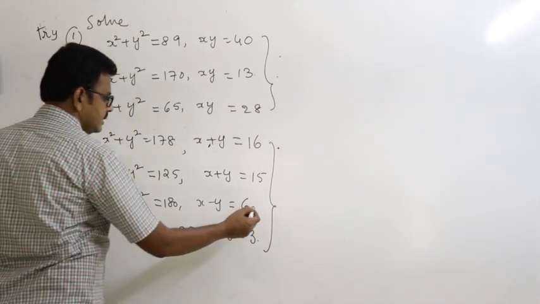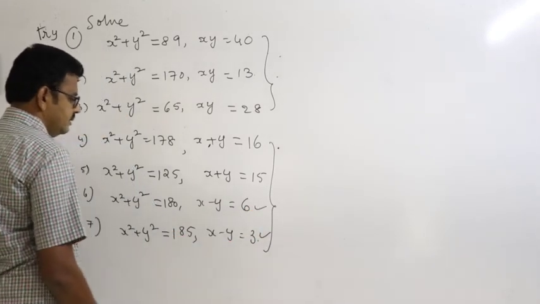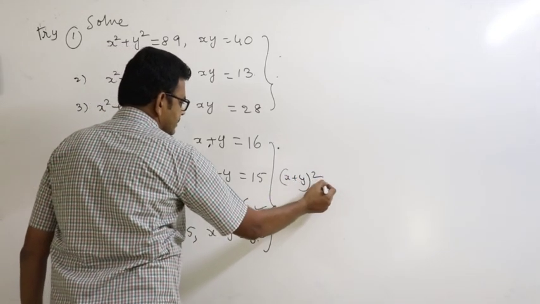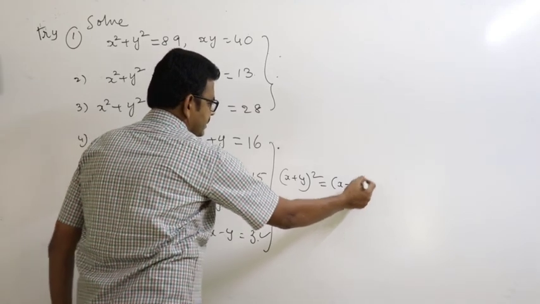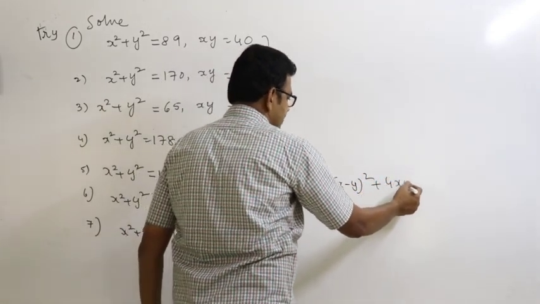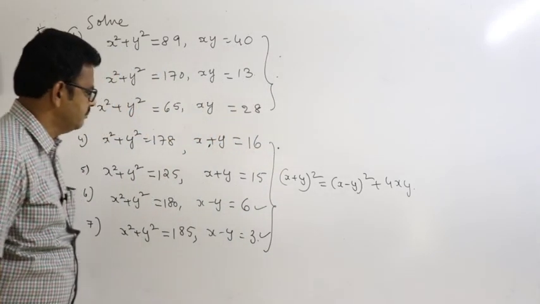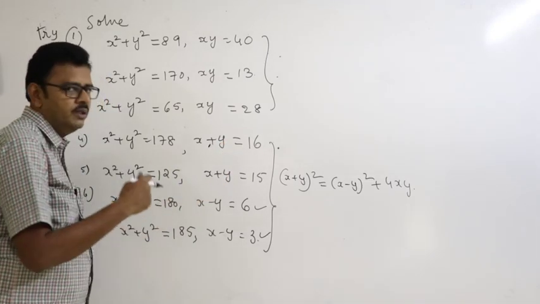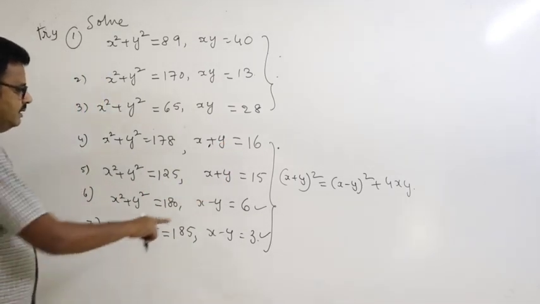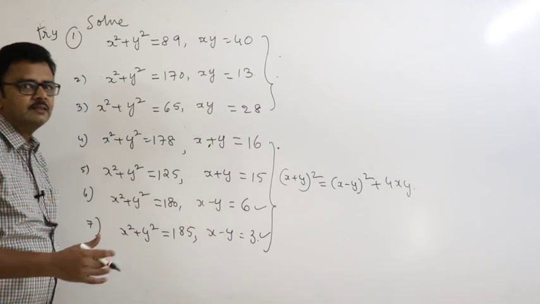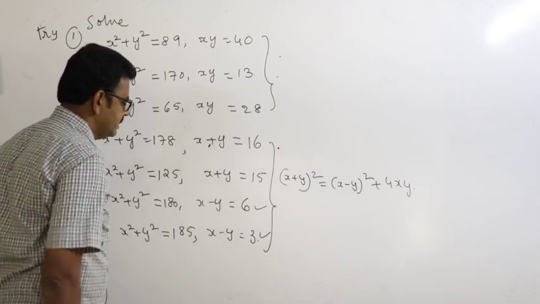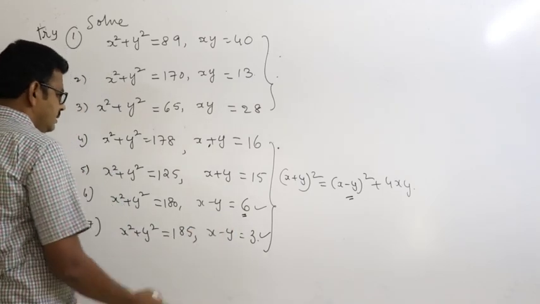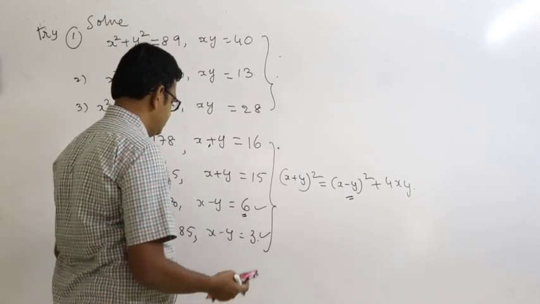See, observe this question, and both are similar here. That means in this case, you have to consider x plus y whole square is equal to x minus y whole square plus 4xy. But in the previous sum I discussed, x plus y is given and there we have to find x minus y. In this one, x plus y is given. Now we have to consider x plus y whole square. So x square plus y square